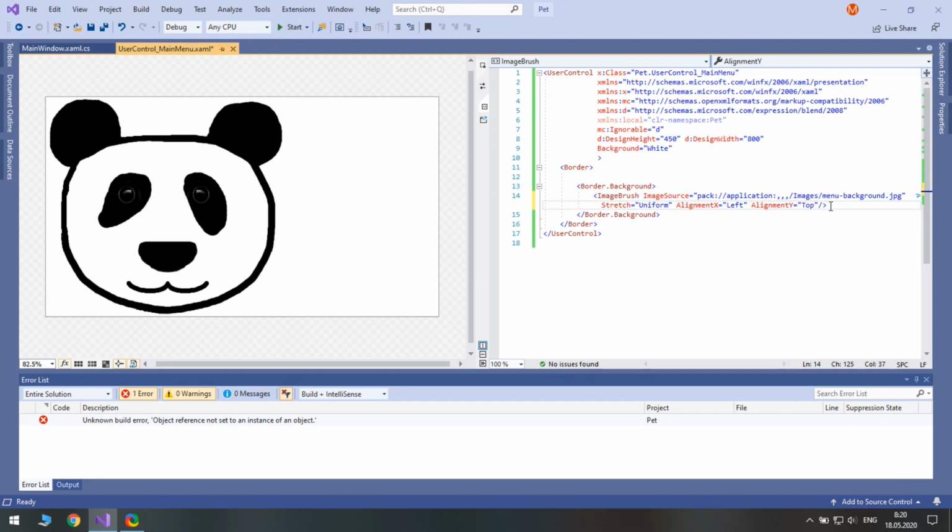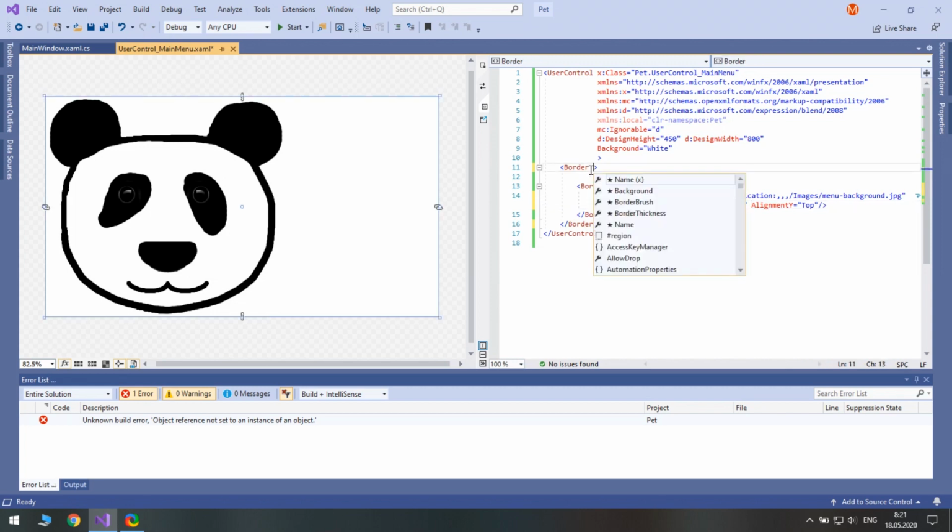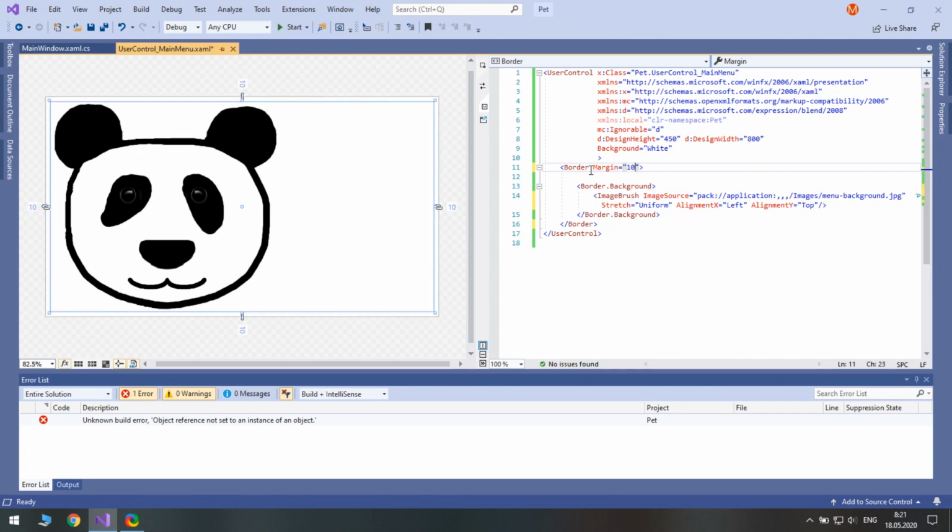Let's make a safe zone that our controls should not occupy. We will set margin on the border. Now let's create a grid inside the border with 2 columns and 3 rows.